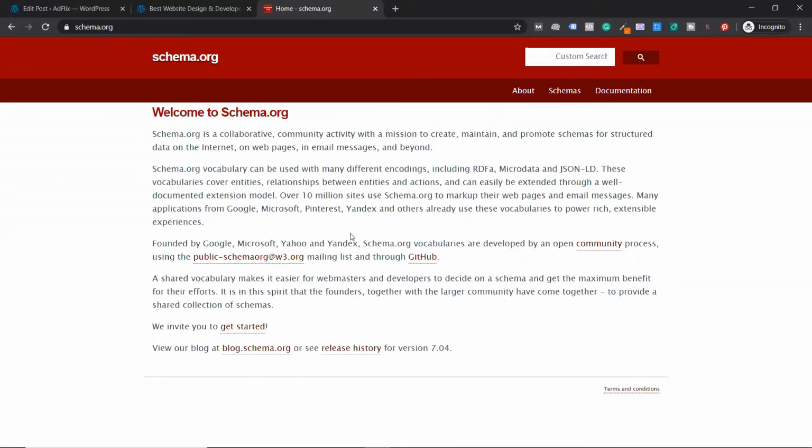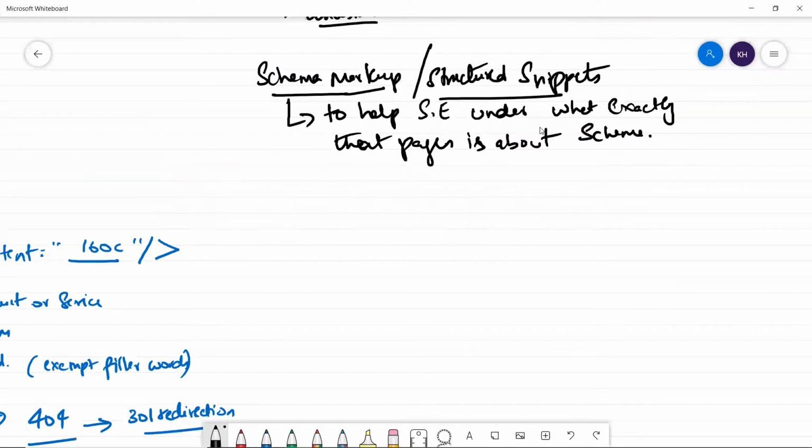Okay, so coming back, what does this do? Mainly it helps search engines understand what type of content it is. For example, you may have some images and some text. By understanding the text and images, you can understand the context of it, what exactly that context is in relationship with that text, or what reviews have to do with that. I'm not trying to confuse you guys. Let me tell you what exactly it does. So in simple words,